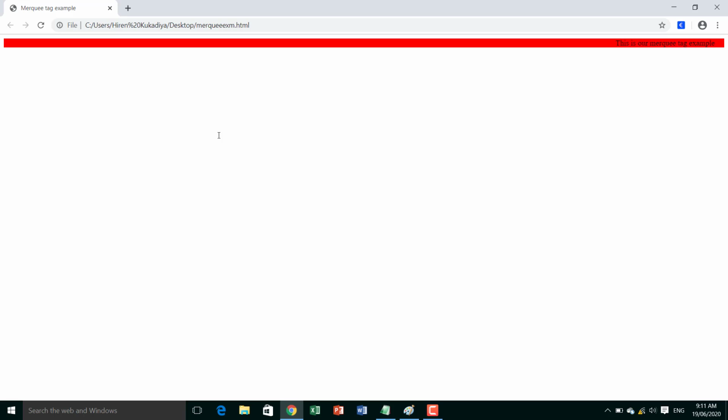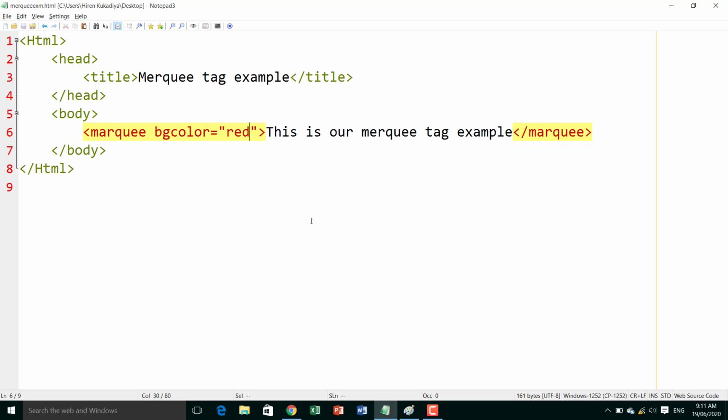Now you can change the color to green. Save and again refresh. You can refresh from here, the reload page, and the shortcut key is F5. So you can refresh our web page.